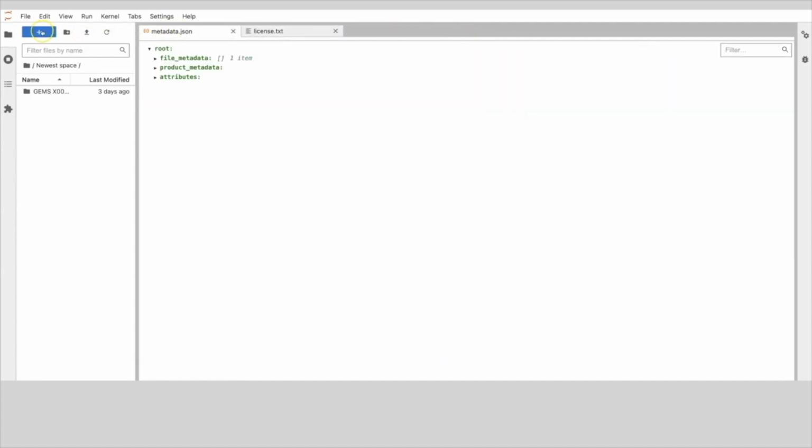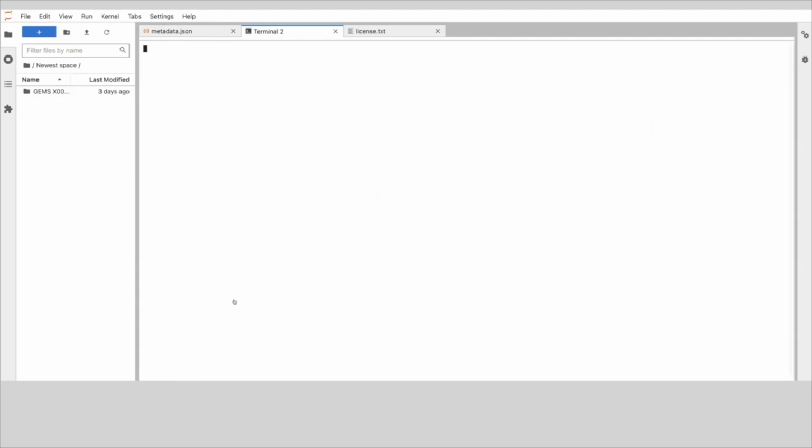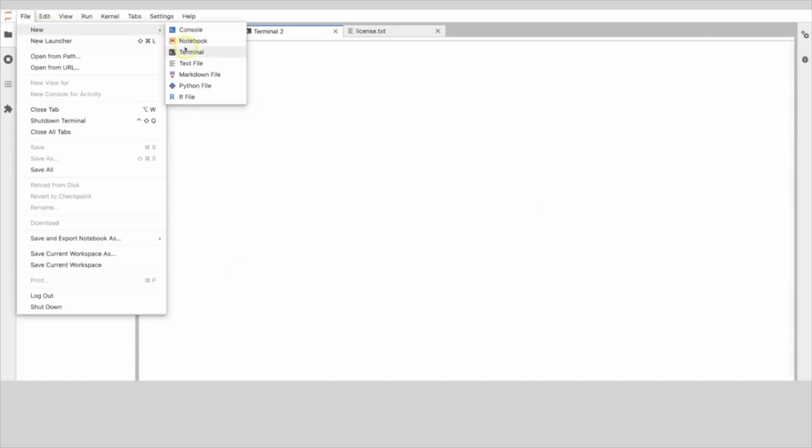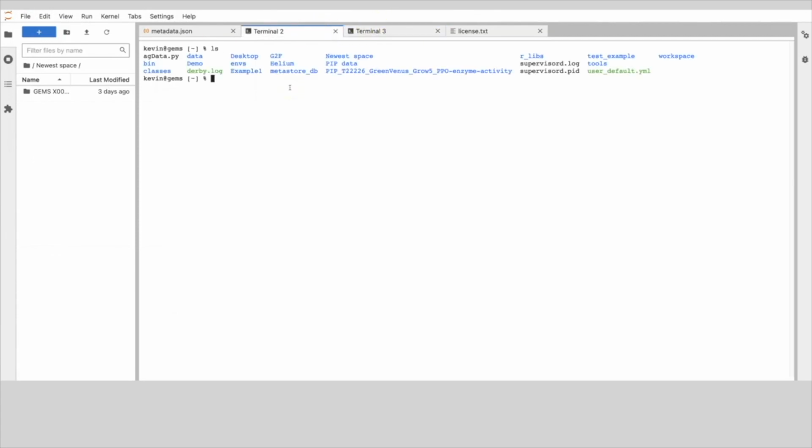So there are 2 ways to open up a terminal. I'll just go here and click on the launcher and click on the terminal. Wait for that. There's a terminal. Another way, of course, is I could go to File, New, Open a Terminal, and then that would open yet another terminal. Within here, I can check out what's there. I can change directories into my demo folder, and then I can use the secure copy or SCP command. So my credentials at MSI,